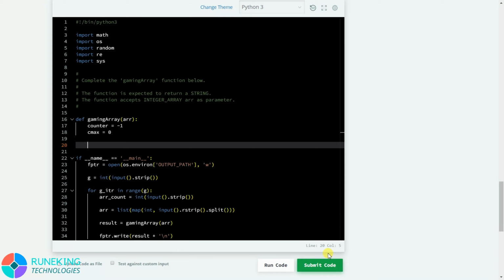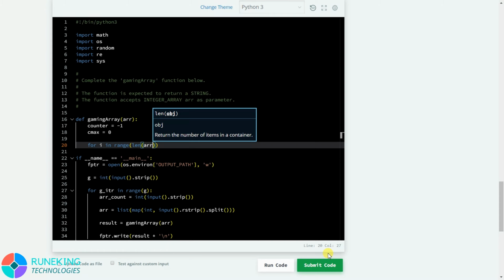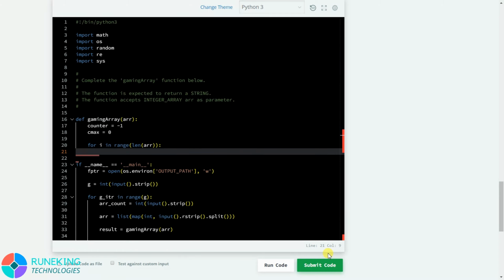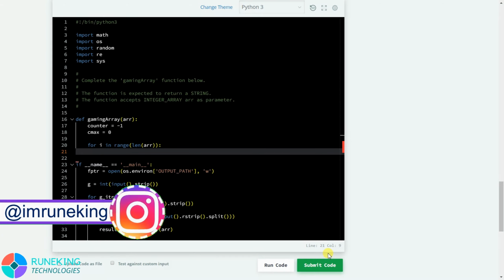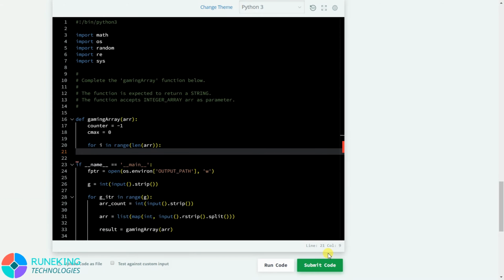According to our logic, we need to traverse from left to right. So for traversing, we will use a for loop. For i in range length of ARR, so we will traverse through the whole list. And now, for getting the maximum element of the list, we will need to compare.